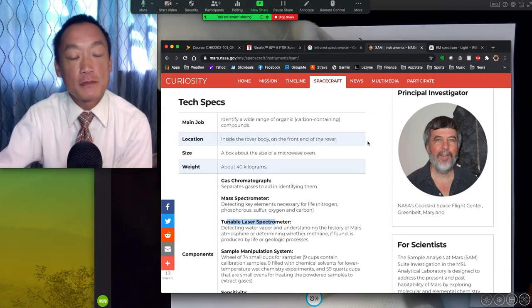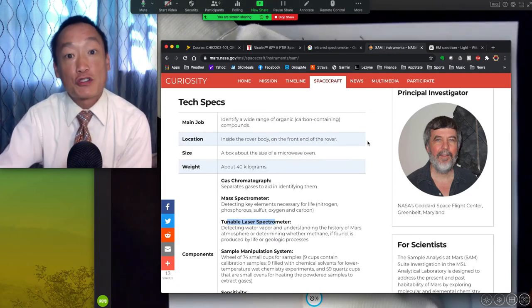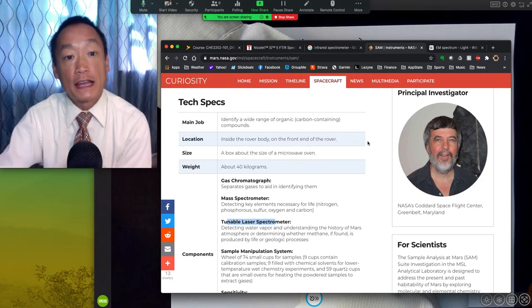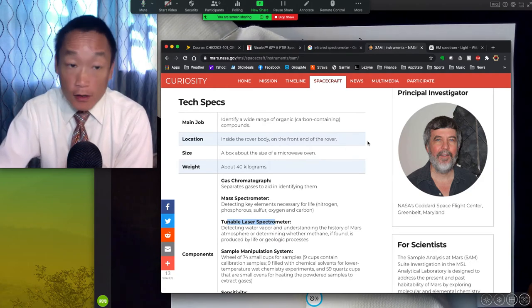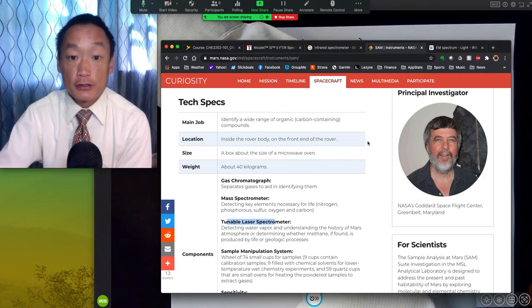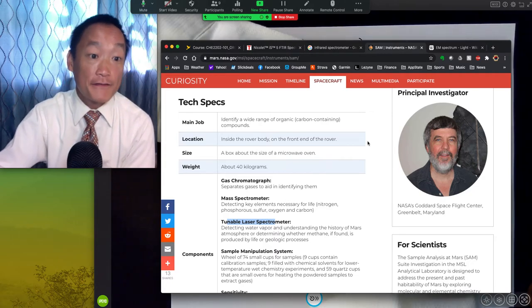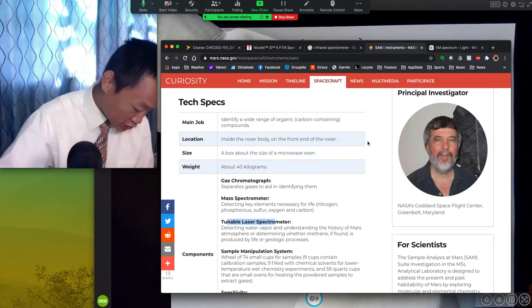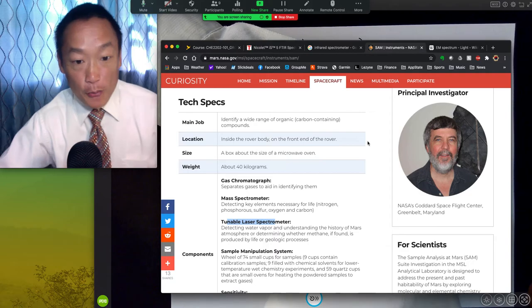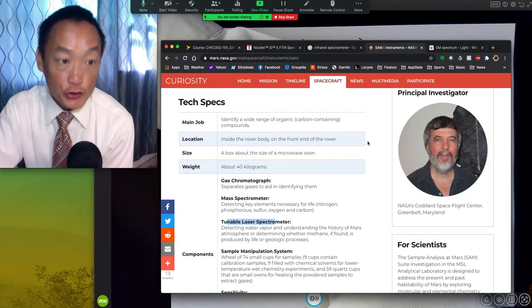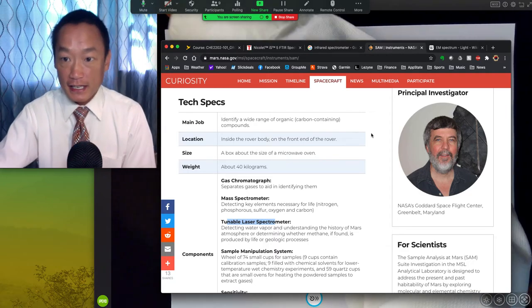The same instrument that you have in the organic chemistry laboratory is the same type of instrument that they have on a rover, actually two of them, on a different planet in the solar system, and that is fundamentally fascinating. I would never want you to drop that instrument even one inch on the benchtop, but they've dropped that from thousands of miles away, and it's just absolutely fascinating to me.